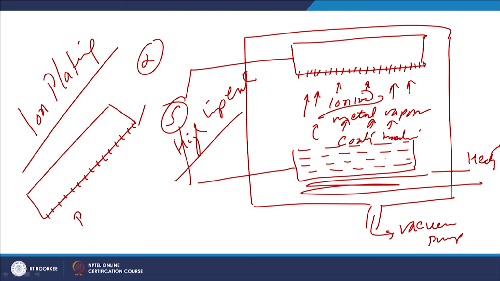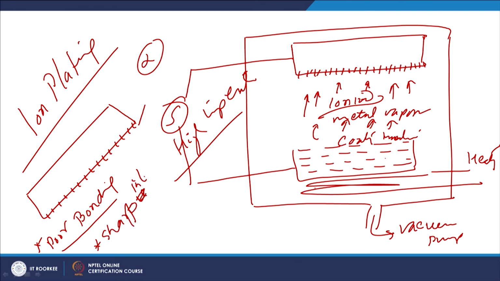This causes poor bonding between the coating which is being applied and the substrate, and this is one issue related with this process. It also leads to a very sharp